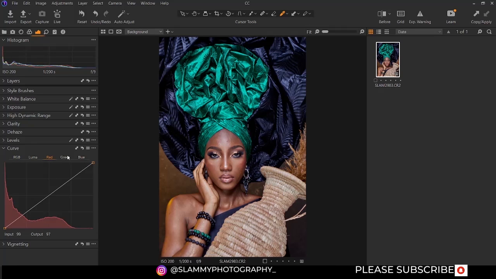Now we also have the red channel, the green channel, and the blue channel, and you can use the curve to color grade your image. We'll go more in depth on this area of the curve as we move on with the course. And you can also use this